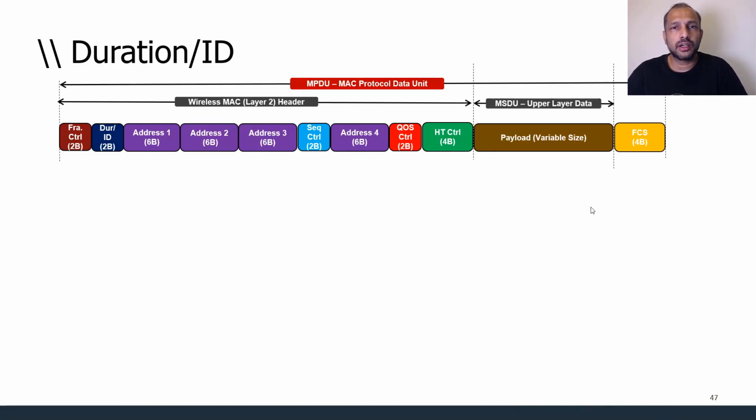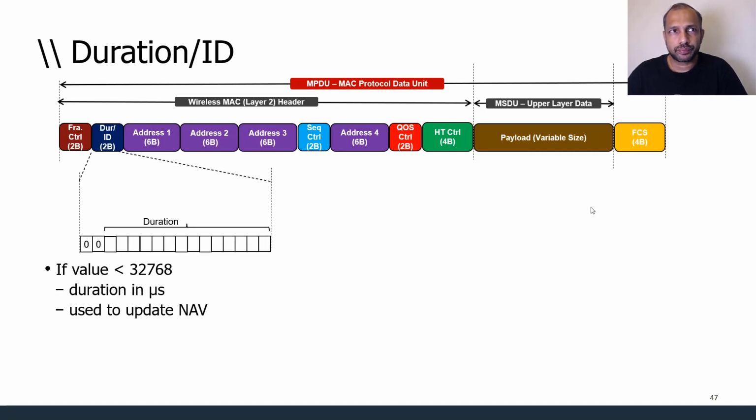Again, it is a 2-byte value, which means 16 bits. But as you see, it says duration/ID. In most wireless frames it is used as a duration time value, but in a special kind of frame like a PS-Poll, we use an ID value instead of the duration. So even though it has 16 bits,